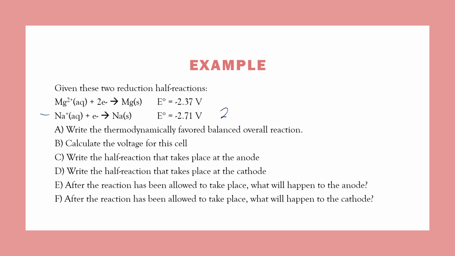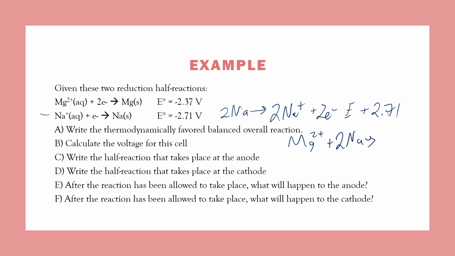So I will say there's 2 solid sodiums forming 2 sodium ions and 2 electrons. And our cell potential will change signs, positive 2.71. Remember, you don't multiply the potential by 2 like we did everything else. The cell potential, the magnitude stays the same. So our overall reaction, you will have the magnesium 2 plus ions, the 2 solid sodiums, the 2 sodium ions,